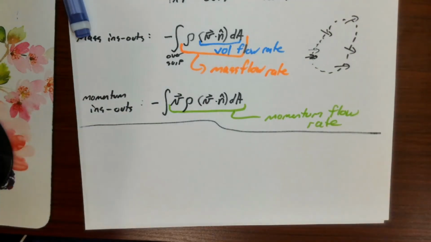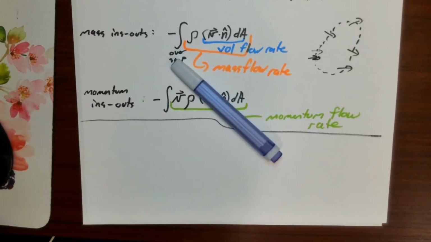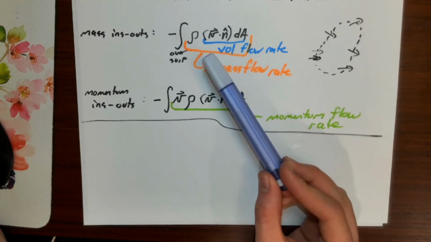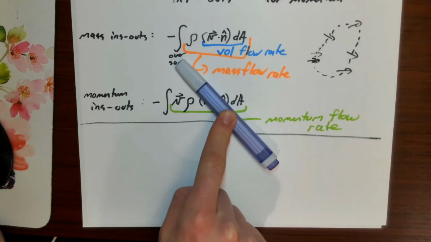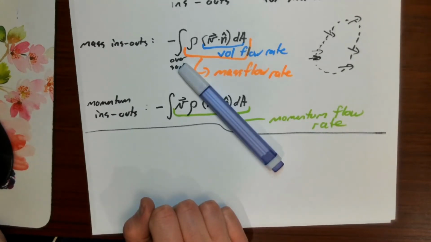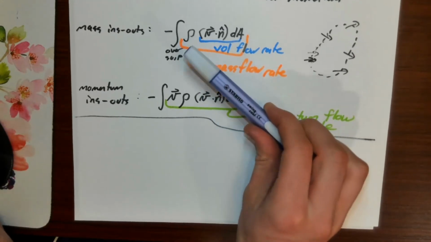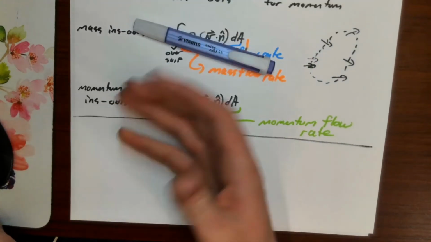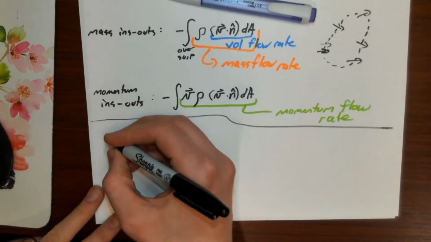So let's think about what generates momentum. Let's say I had this marker here. If I wanted to generate some momentum for this marker, if I wanted to give it some momentum, what would I do to it? How do I change the momentum of something? Well, view this as a pose and ponder, but if I want to change the momentum, I generate momentum or remove momentum of an object by applying forces. So forces